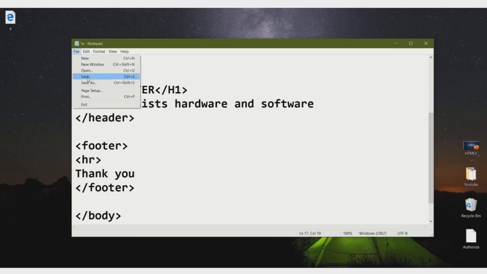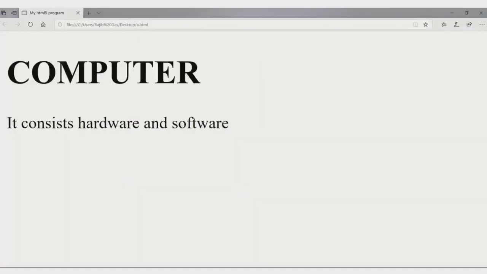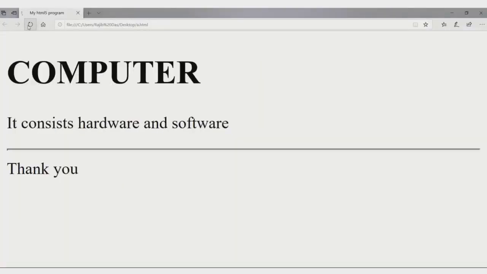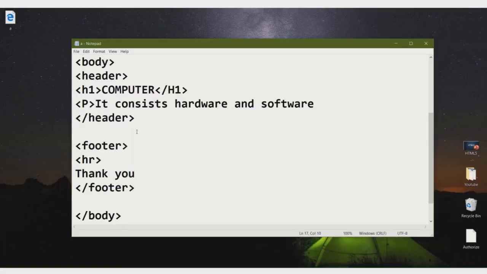Then file, save, and again go to the browser, refresh it. See, this is the horizontal line I have given using HR tag and thank you. Okay. So, this is the footer.